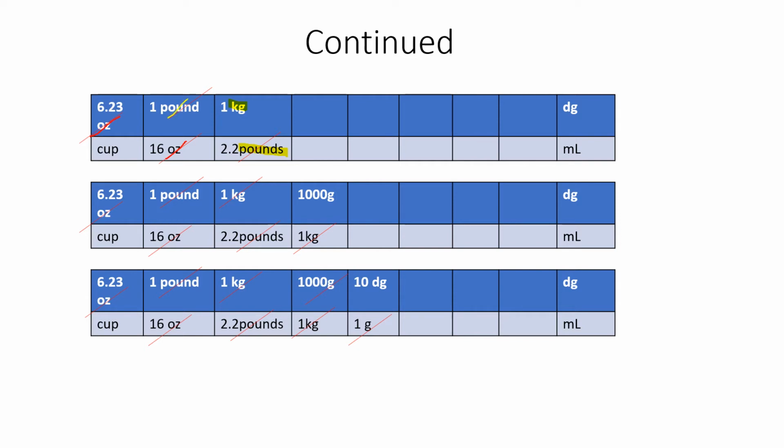So we'll get our pounds canceled off. Now we're in kilograms. So now we're in good shape. We're in metric. That's good, but are we in the right metric? Well, not quite yet, because we look over for our goal all the way on the right-hand side. We have decigrams. We're at kilograms. So remember, here's another case where we're going from one metric prefix to another metric prefix. We're trying to go from kilograms to